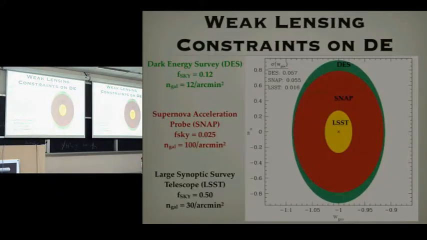And the basic idea, and these projections have been done by a lot of people, is that any set of future experiments, I don't want to advocate any future experiment, just as a guide, will measure some combination of what's called w pivot. So the value of w at that scale where it's best measured.